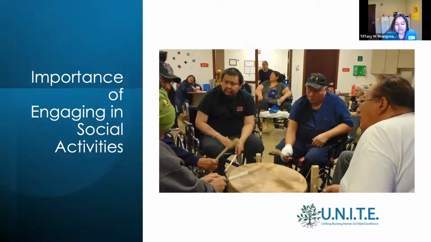We've had Native Connections group come in several times and provide sweetgrass braids for them and sage to keep in their rooms if they want to use it to pray. In our culture, smudging with sage or sweetgrass or cedar can be very comforting. It may even bring back memories for them of their childhood. So we're looking forward to more cultural activities in the future. And that's what I've got. So I'll pass it on to the next presenter.